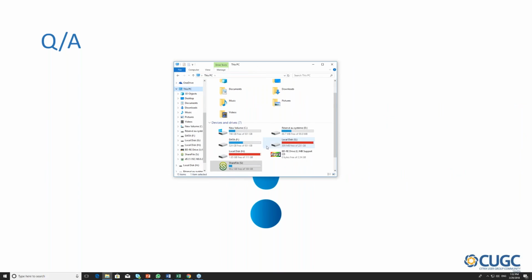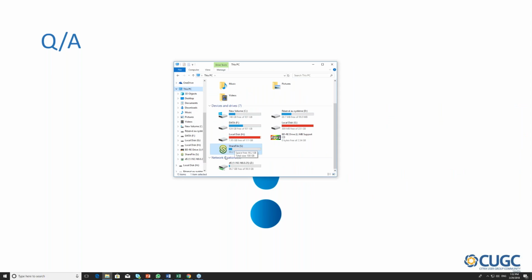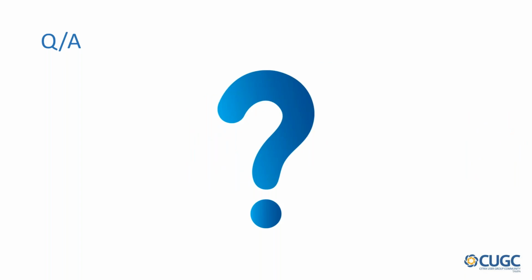Yeah, but here, for example, so I got a drive mapper. As you can see, I got 100 gigabyte on my drive mapper. However, the 100 gigabyte I got there, it's not the size of my real share file. And in the past, I have uploaded a few gigabyte files without any issue. And I think if it's